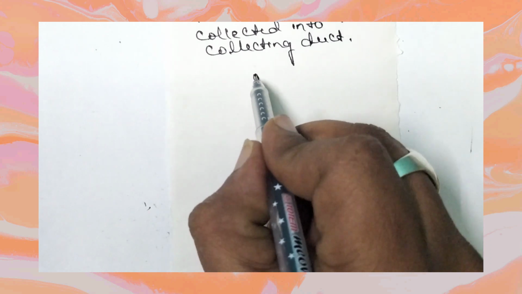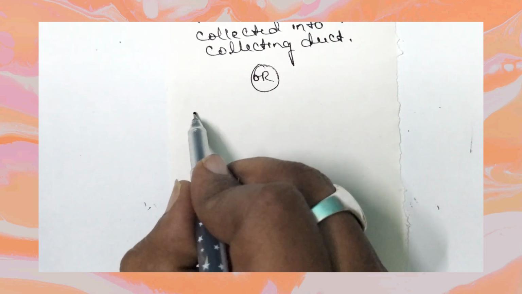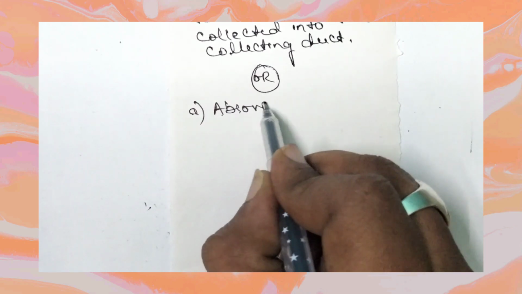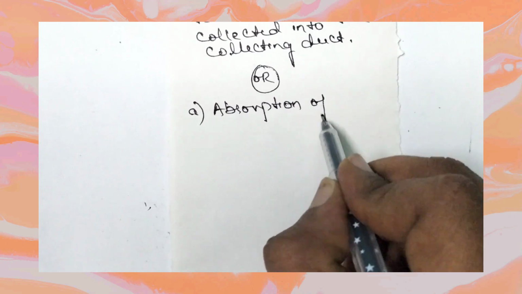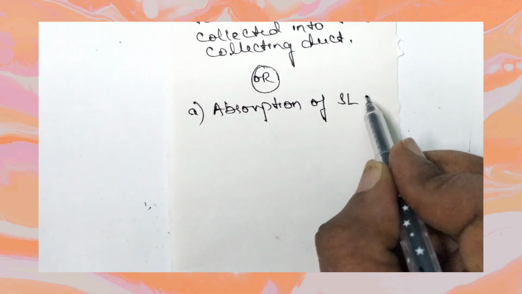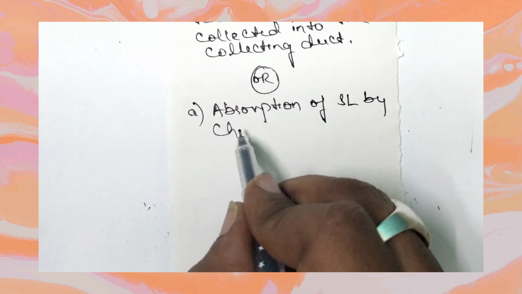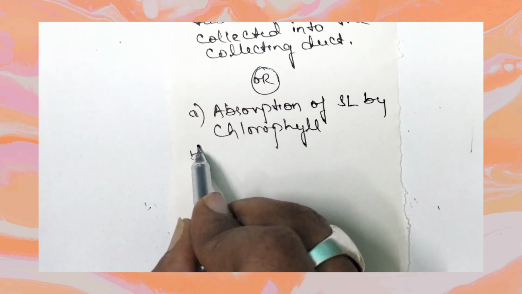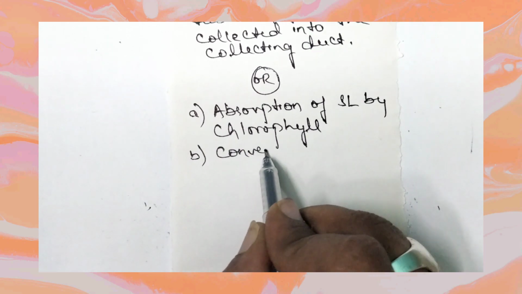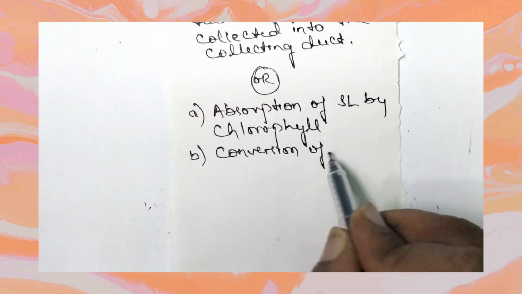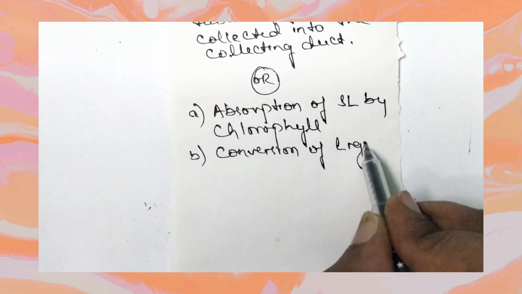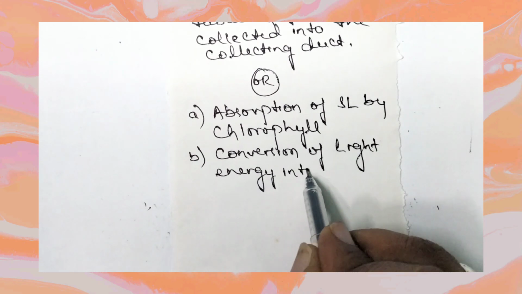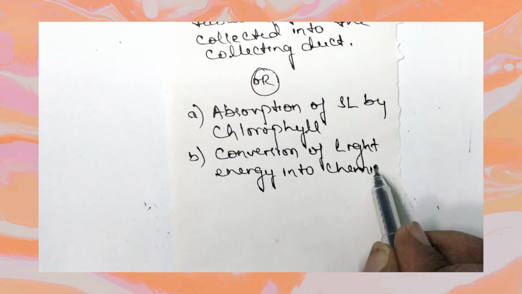Next, in that one only one more question is there. The three events that occur during photosynthesis. First one, absorption of sunlight energy, absorption of sunlight by chlorophyll. So this is the first event. Second one, conversion of light energy into chemical energy,